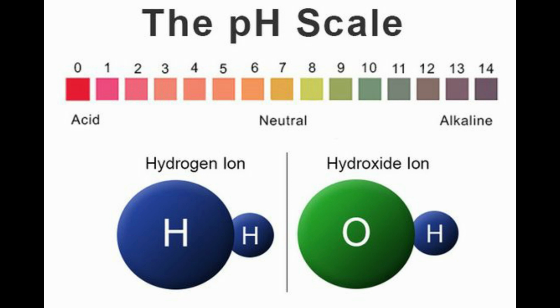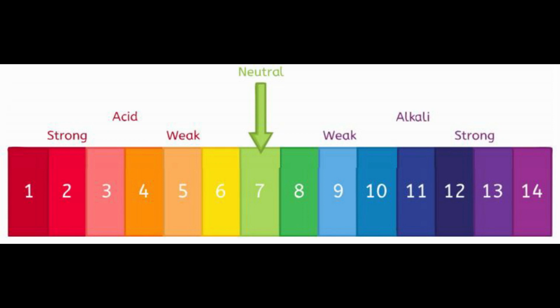Now, on the pH scale, we can measure the pH generally from 0 to 14, 0 being very acidic and 14 being very alkaline. Now, remember what I told you about alkalis? These are bases which are soluble in water. Don't forget that. Now, this pH is simply a number which indicates the acidic or basic nature of a solution. pH for a neutral solution is 7. Now, what is a neutral solution?